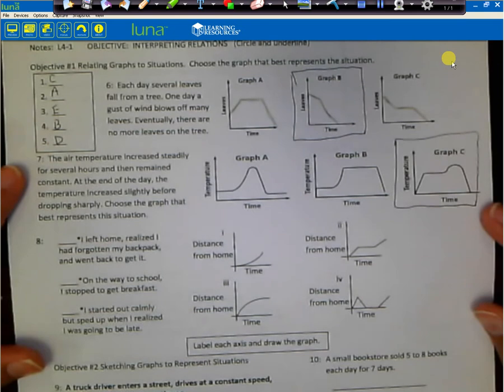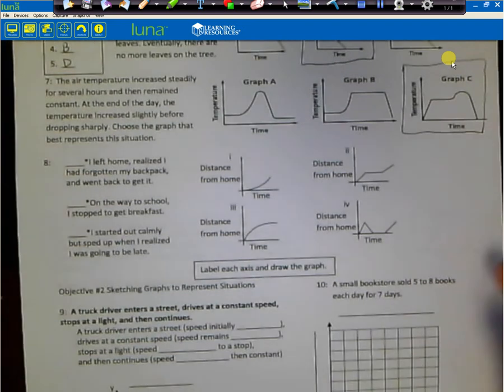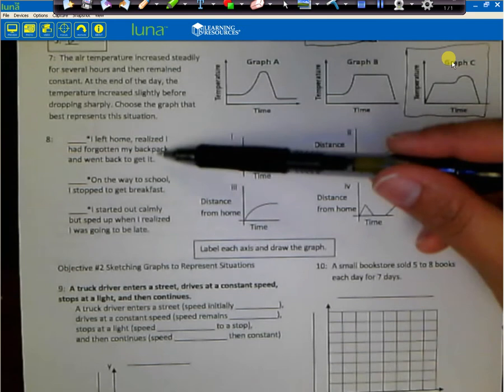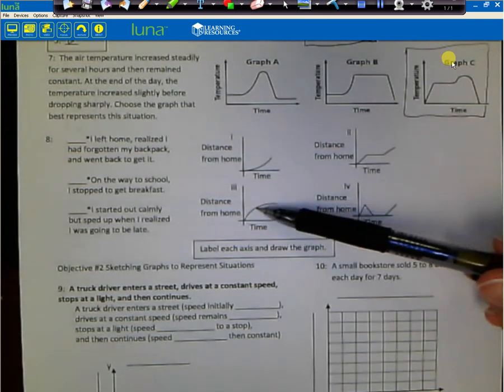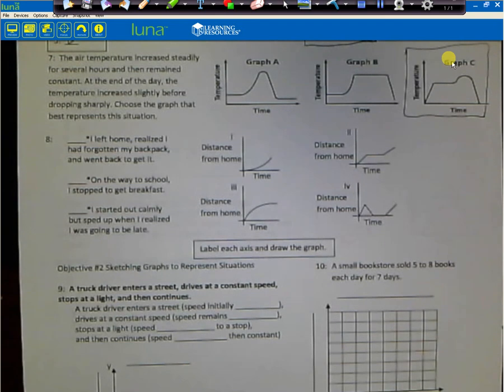Okay, make sure you have graph B for number 6 and graph C for number 7. Now we're going to take a look at number 8. In number 8, we have 3 different scenarios here, and we have 4 different graphs over to the right. And we're going to try to match up which graph goes with each scenario. So again, I want you to take a minute and figure out which one you think it is first for